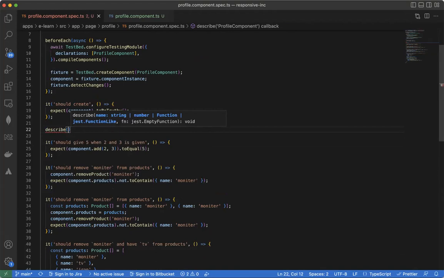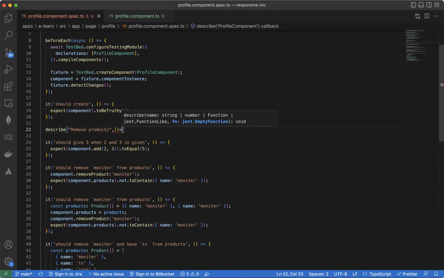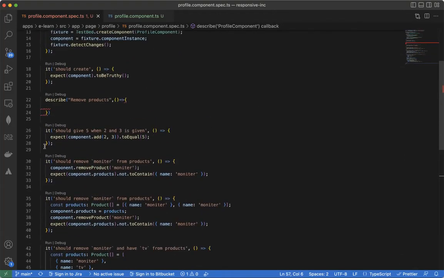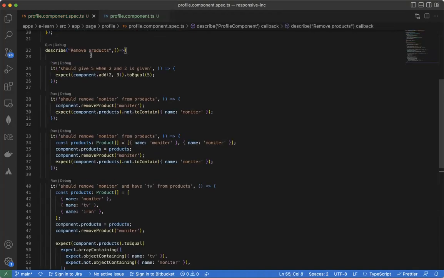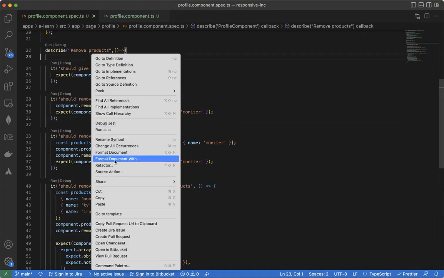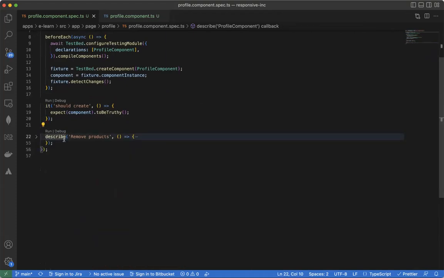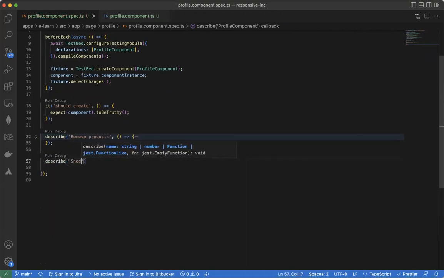Describe. We can name this remove products. Okay, and within the remove products, we can put all these things that we have done so far, including this describe section right around here. Now if you want to test something like send email,